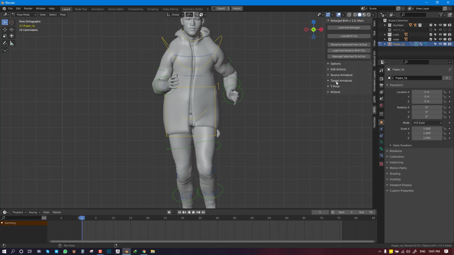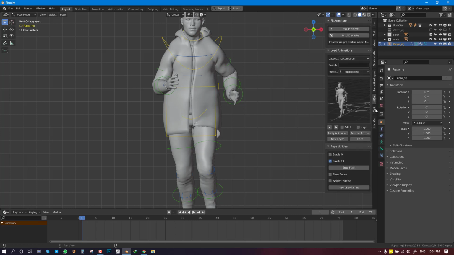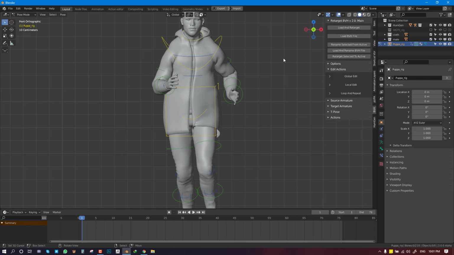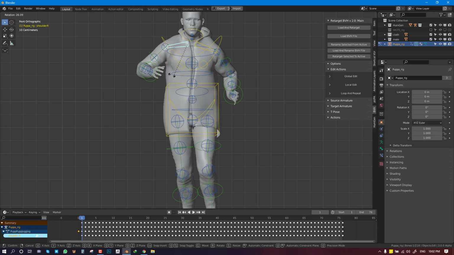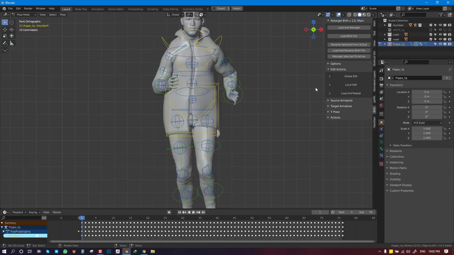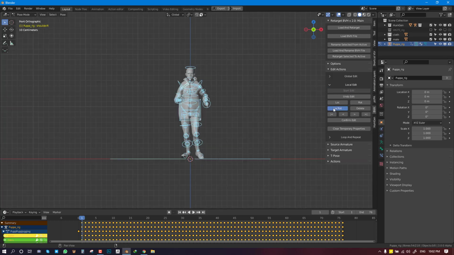So if you go to the VFX and go to edit actions, okay, this is just in addition to some of the features in Blender, but this is very good in quickly cleaning up the animation. So you can select, let's make this in front. So like we want to adjust the shoulder and we want to adjust this to look more like that. Okay, so it's quite easy to do. So you want to go to local edit, start edit. Okay, so let's select everything and